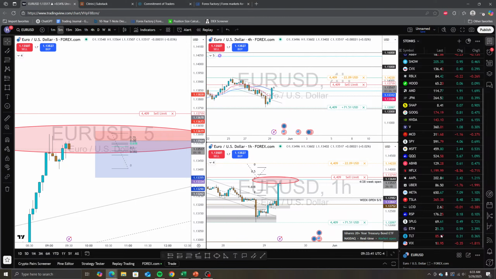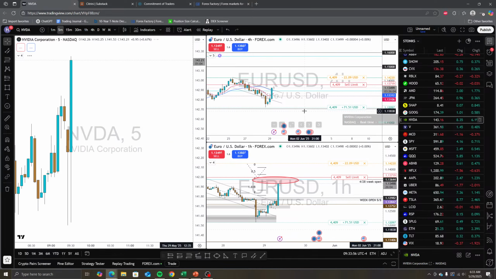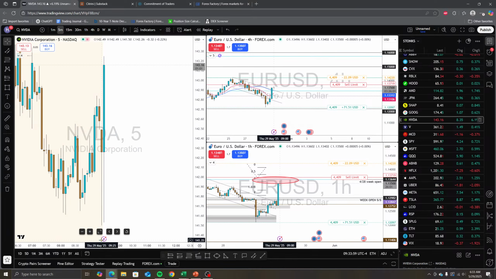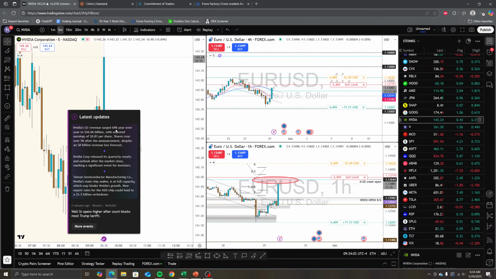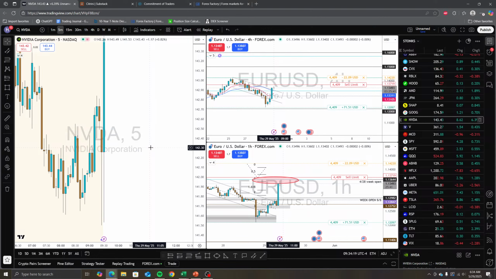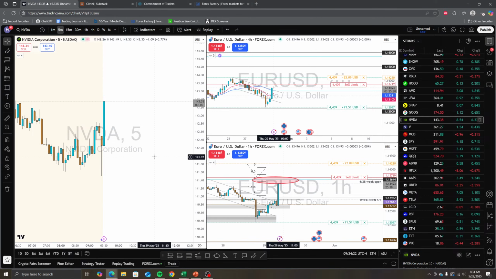I wonder if the sentiment of raising interest rates has any effect in the market for stocks. I know it definitely did for Nvidia. Nvidia's going crazy. Oh no, it wasn't that, it was Nvidia earnings like yesterday or 2 days ago. Yeah, Nvidia's Q1 revenue surged 69% year over year to $44.8 billion, with a loss forecast. Jesus. That thing's going to the moon. That's crazy.